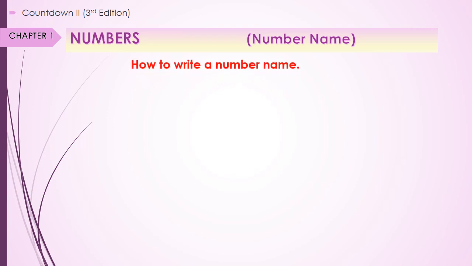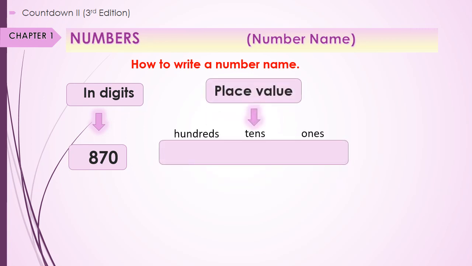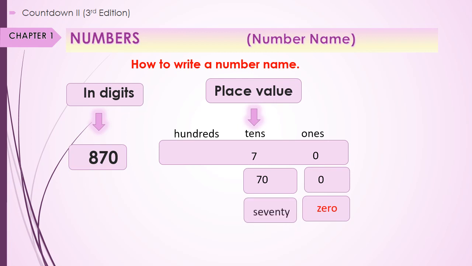Now we have another example in which we have 0 at ones place. हम इसको place value के according लिखेंगे. Now 0 is on ones place means 0 ones. 0 ones equals to 0, और 0 को हम words में लिखेंगे. Now 7 tens make 70. 70 को भी हम words में लिख लेंगे. Then 8 is on hundreds place, 800. 800 can be written in words as this.